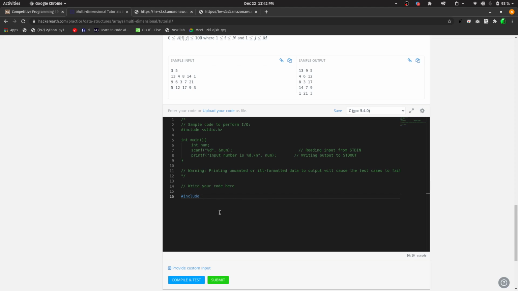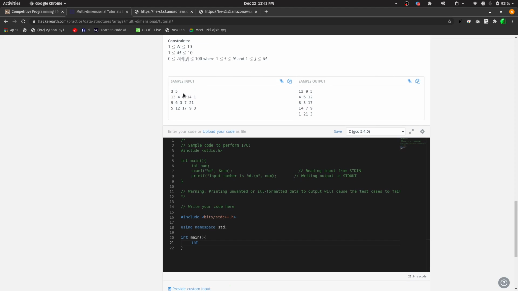Include bits/stdc++.h. Everything here using namespace std. Resume, initializing t1 and t2, and then